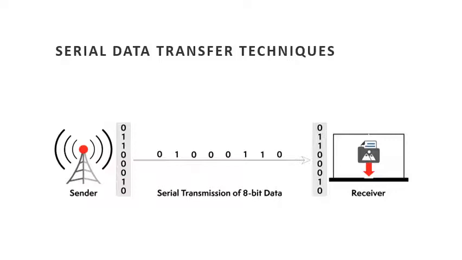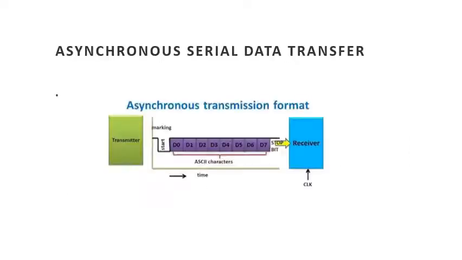The information in serial communication can be transferred in two ways. They are synchronous serial data and asynchronous serial data transfer. Let us study each of these transfer schemes in detail. Asynchronous serial data transfer. An asynchronous format is more character oriented. Here, the bits, characters or data words are sent together at a constant rate, but the characters can arrive at any rate, that is asynchronously, provided that these do not overlap.